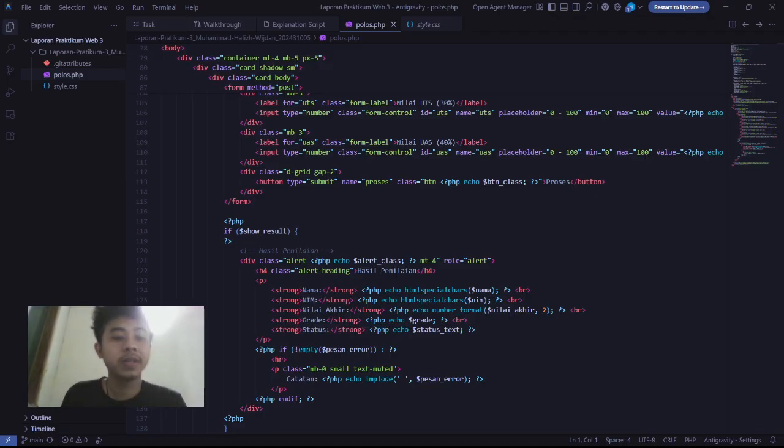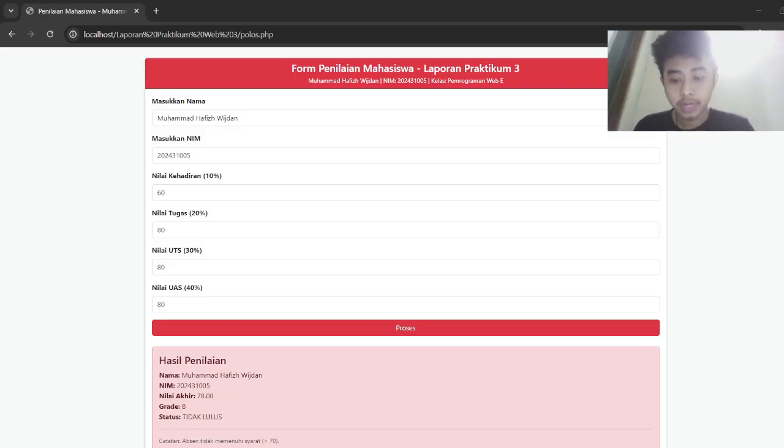For the development environment, I'm using Laragon to run a local server. Laragon makes it easy to manage the PHP version and database if needed. In this case, I did not use a database, but I use Laragon because I need the PHP language. Before we check the code, let's see how the app works. As you can see, the interface looks so clean because I use Bootstrap 5.